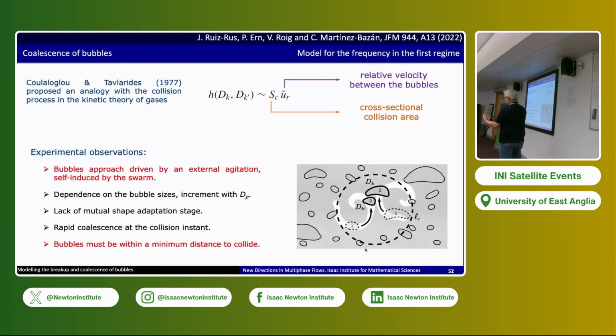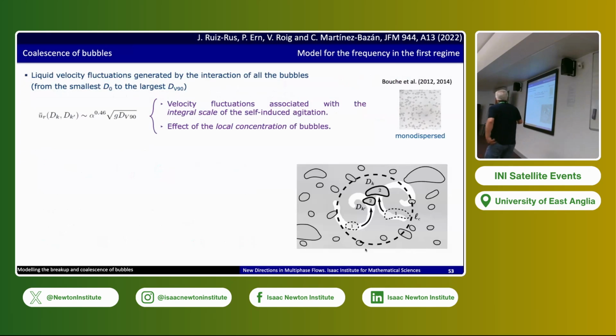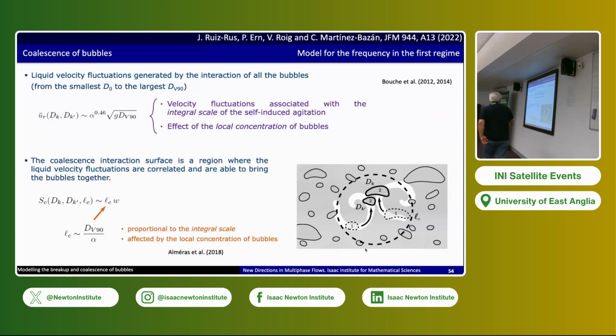We don't have a flow. The flow is generated by the population of bubbles. So we have these large eddies, the analogy of the turbulent flow, the large eddies created by the largest bubbles in the distribution, and they need to be within a given distance to be able to be affected by the velocity and coalesce. So we get a velocity which is proportional to the characteristic velocity of these large bubbles, which we have seen are leading the distribution. And the distance is also a characteristic distance, a function of alpha, right? And also we know that the frequency varies with the dp.